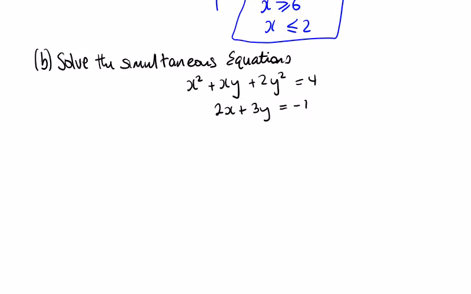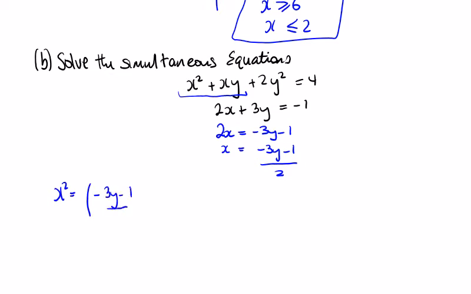In part B of this question, we're asked to solve the simultaneous equations. So it's one linear, one non-linear. We need to write x or y in terms of the other. So if we say 2x is equal to minus 3y minus 1, x is equal to minus 3y minus 1 over 2. We need x squared and we need x times y, so why don't we do them individually? x squared is equal to